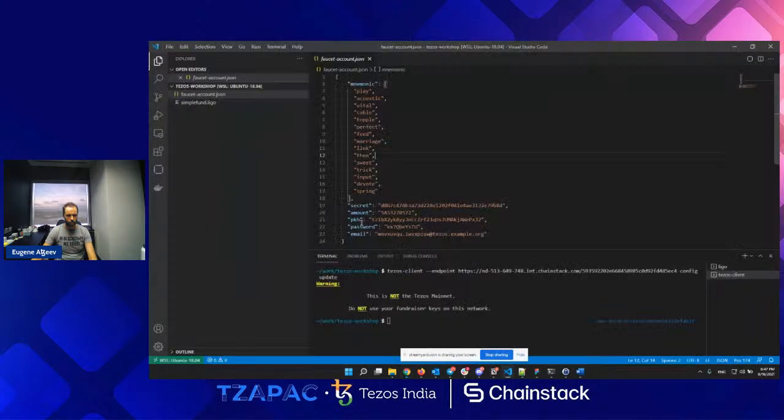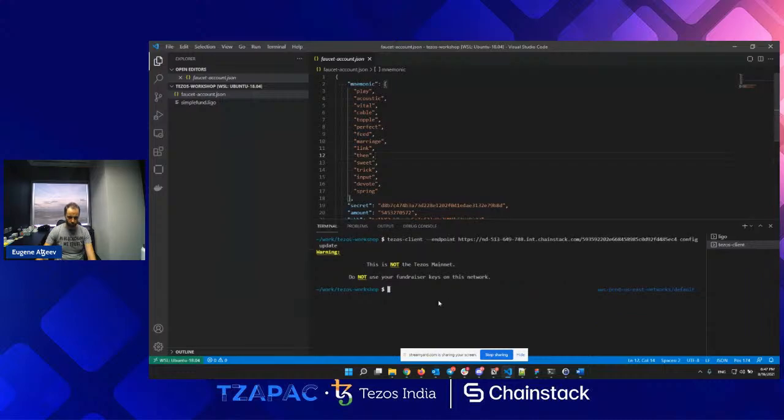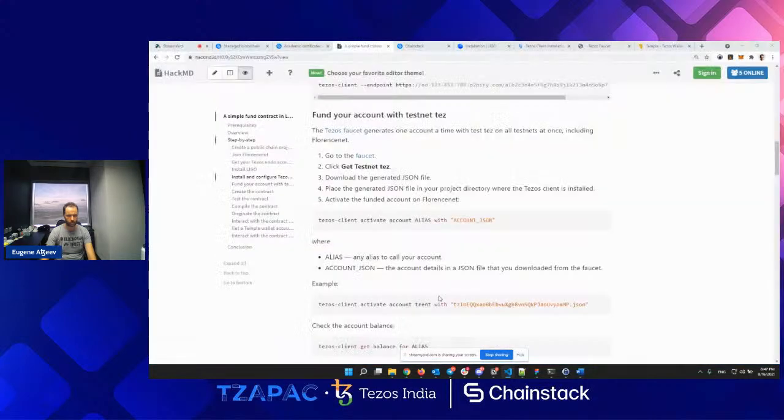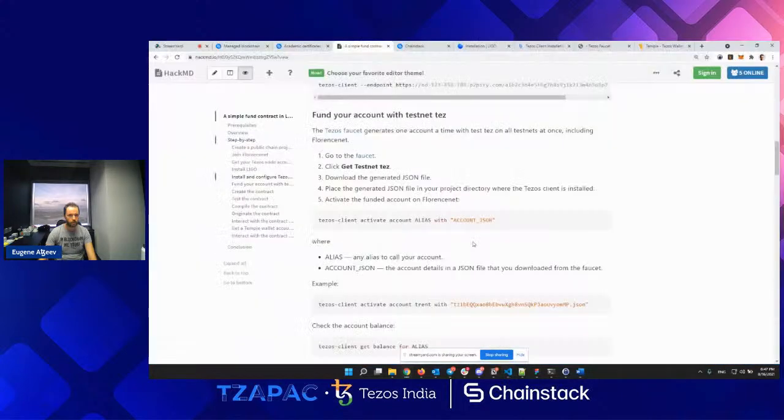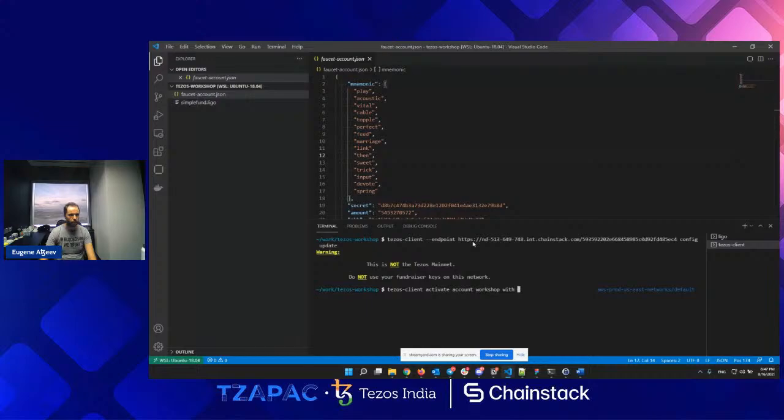What's next? I need to activate accounts. Awesome. Let's try it out. So tezos-client activate account, alias, let's call it workshop, with the faucet account JSON.